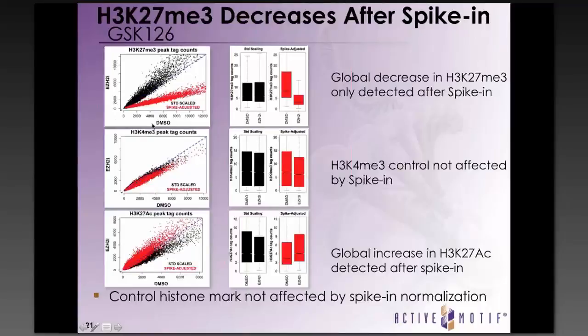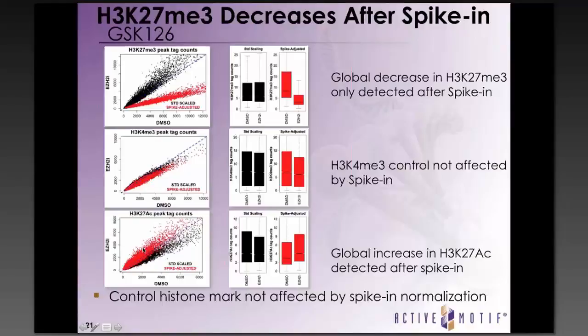And if these two samples are the same, that data would line up nicely along this diagonal. So you can see using the normal ChIP-Seq strategy, those samples are quite similar. After we incorporate the normalization, you see a dramatic reduction in the EZH2 inhibitor-treated cells. The H3K4 trimethylation antibody, we don't see a big difference between EZH2 and DMSO-treated cells, and the spike-in doesn't really affect that data. And for K27me3 acetyl, which we expect to go up, the spike-in actually does normalize that data